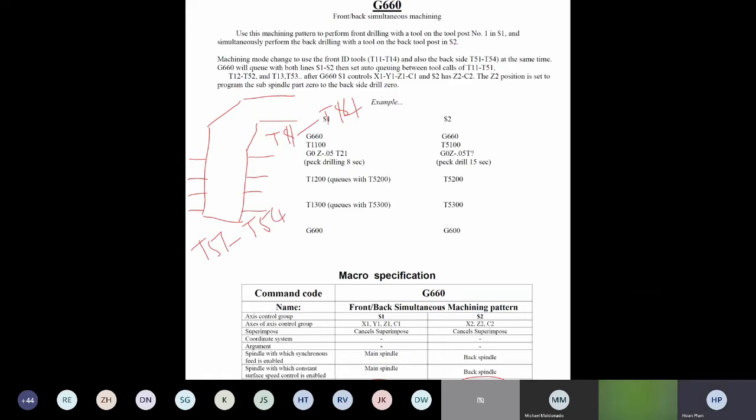So the restriction in this mode is whatever tool you pick on the front side. For example, right now I'm going to pick tool 11. You have to call the same tool in parallel on the other side, which is tool number 51. If you call tool number 11 here, and then you call tool number 52 on the backside right